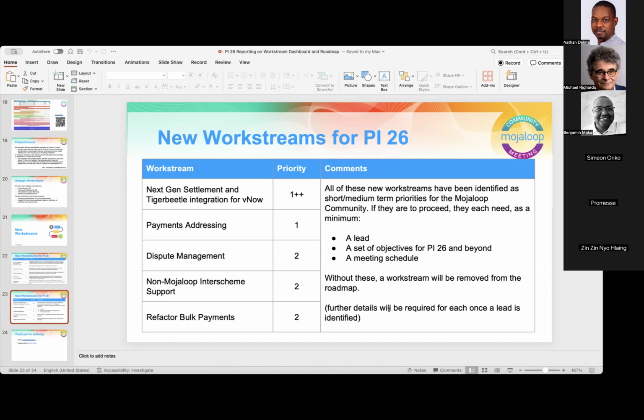If there's anyone either on this call or if you know other members of the community who haven't turned up today, and you feel they'd be able to help, then please reach out to me or the Workstream lead, or just go to the appropriate Slack channel. I'll be pinning that directory of Slack channels to the Product Council Slack channel later today.